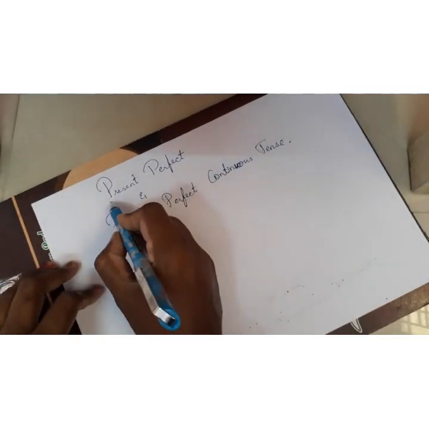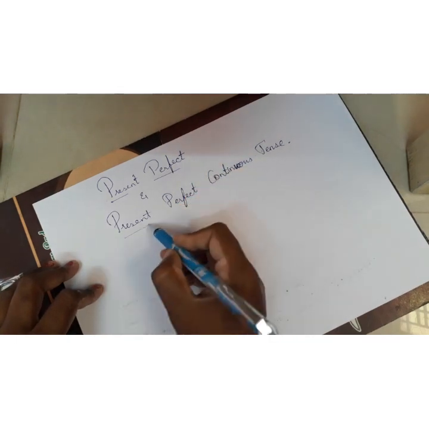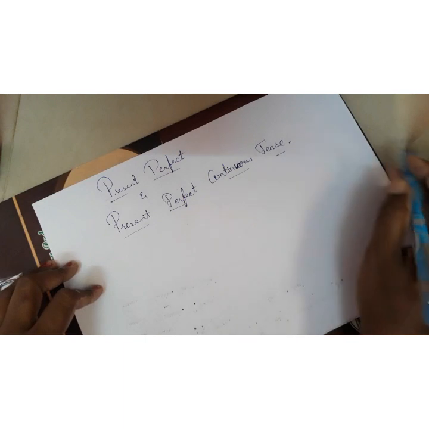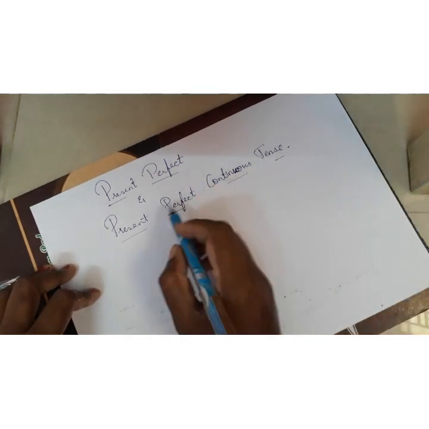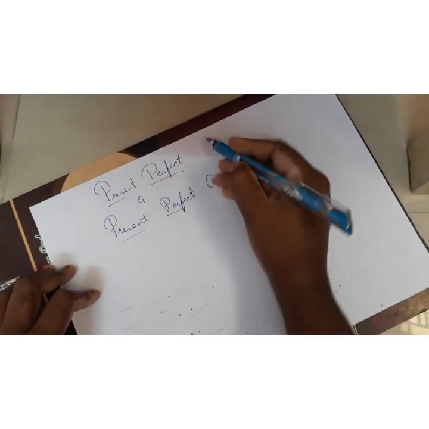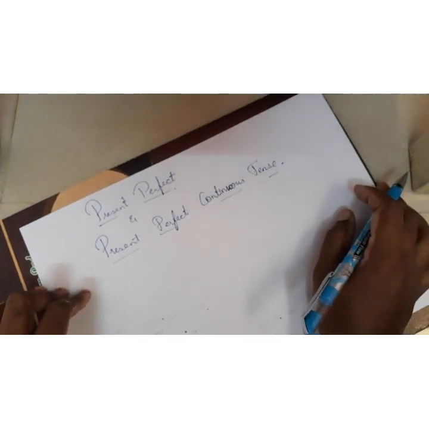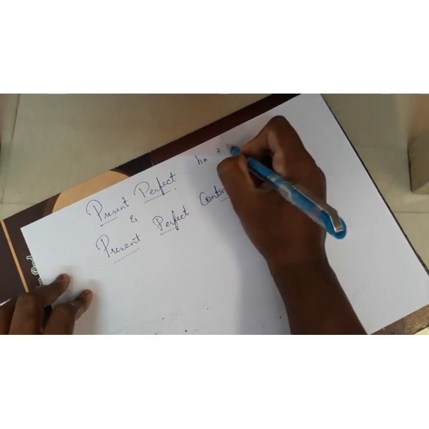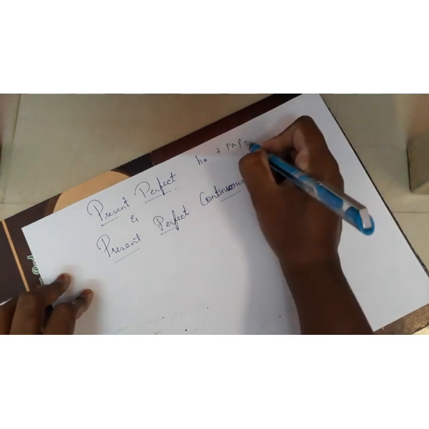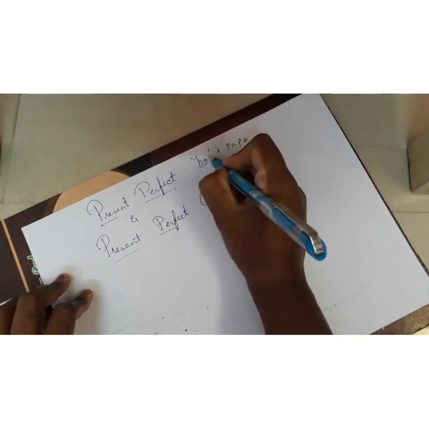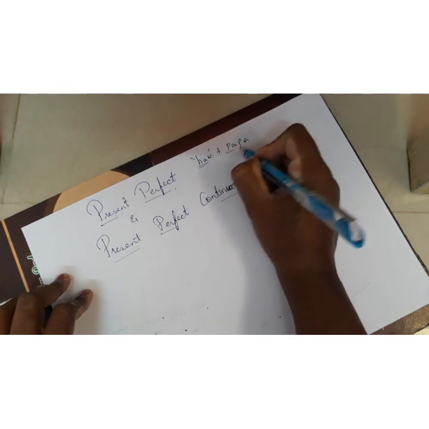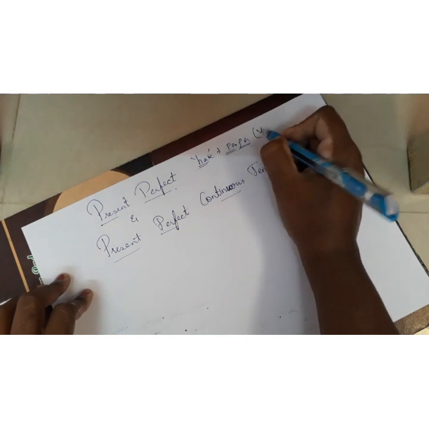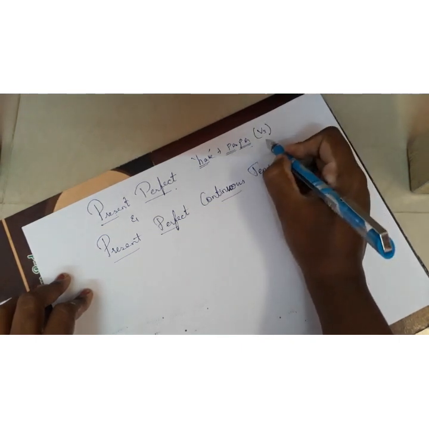First, let us see present perfect tense and present perfect continuous tense. Let us have an idea about its form. How should present perfect be written? When I say perfect, we should have "happy papa" in mind. Happy papa, which means what? Have verb plus past participle, which means verb 3 form.